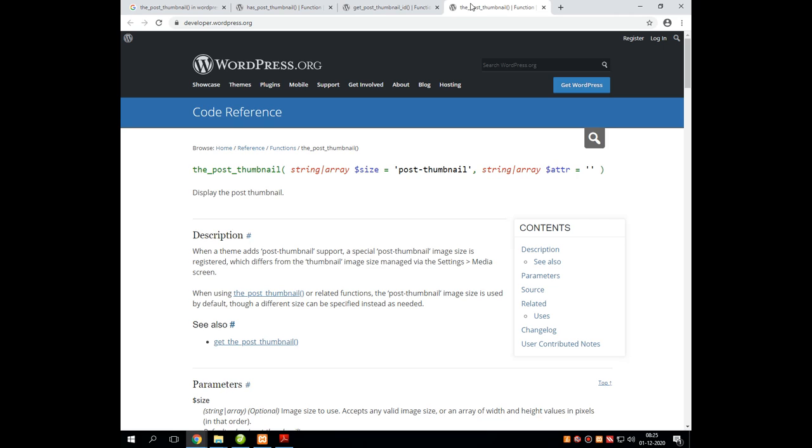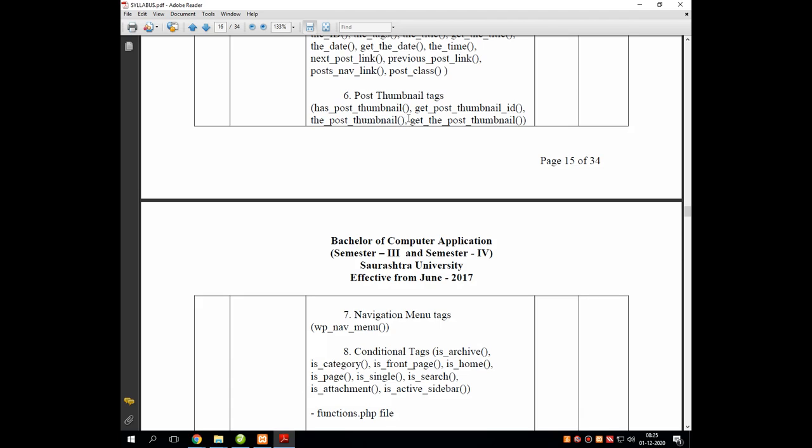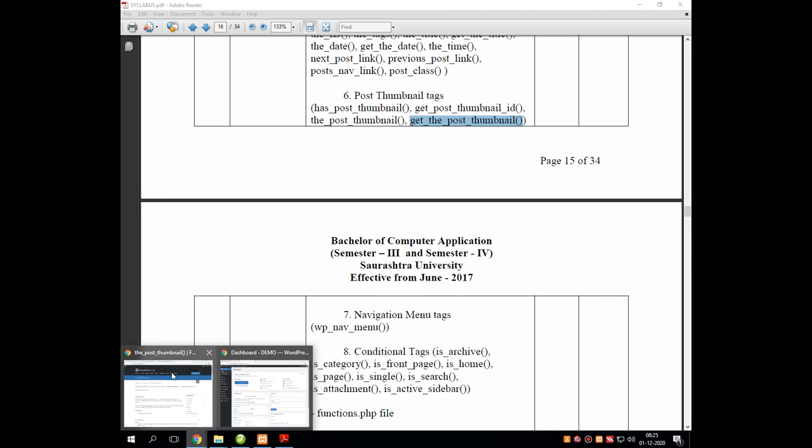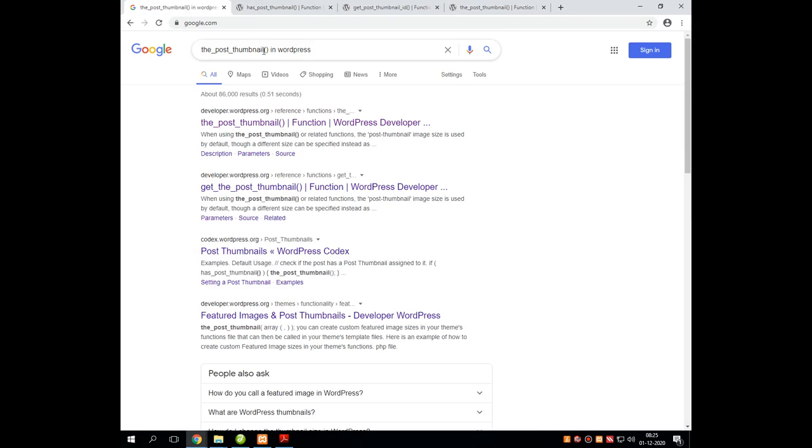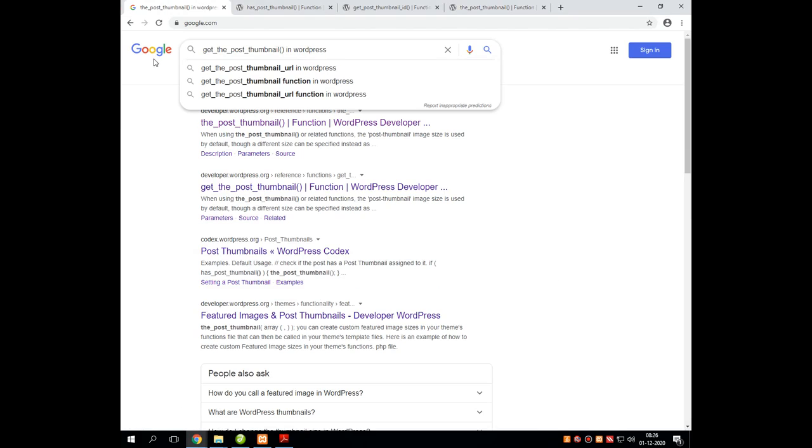It works with the thumbnail attached to the post. The same functionality we can have using get_the_post_thumbnail. The functionality of these two is almost the same in WordPress.